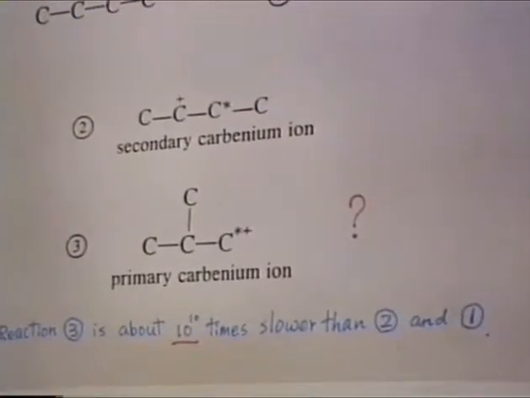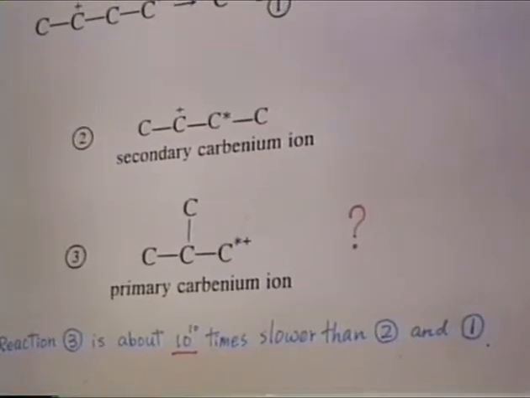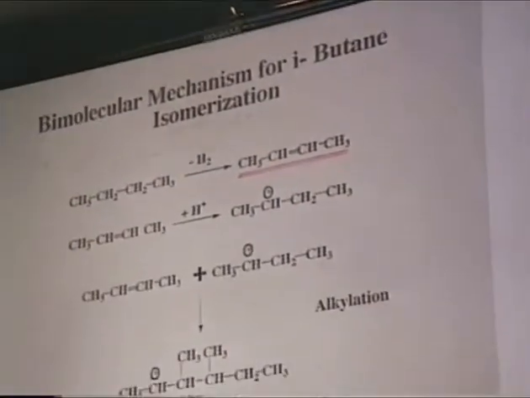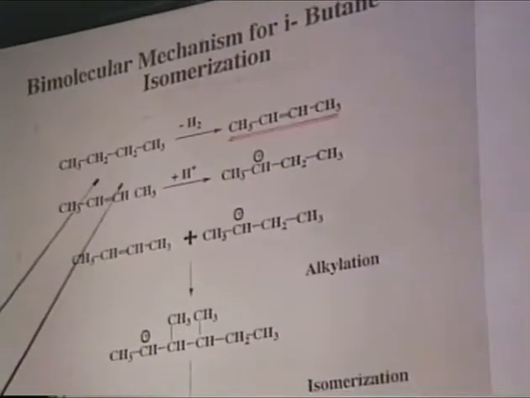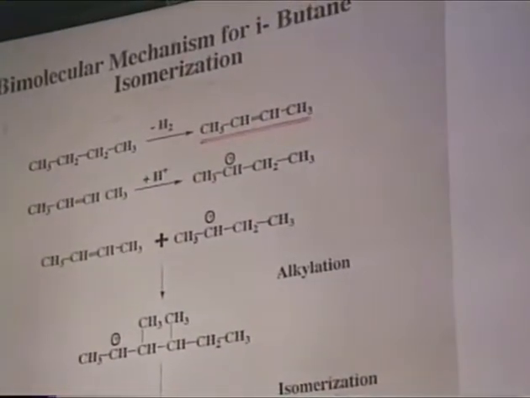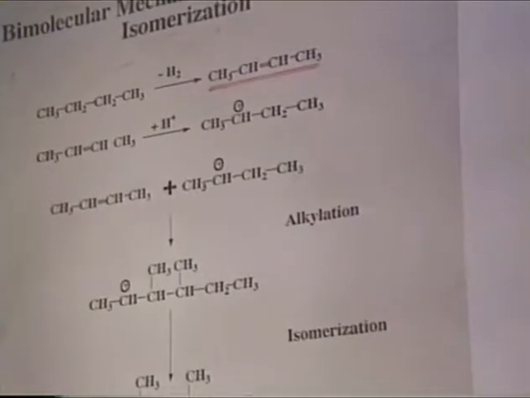And as you just heard, Professor Sachtler mentioned the bimolecular mechanism. Indeed, this is an alternative way for the isomerization, which does not require a primary carbenium ion. First a butene is formed from the normal butane here, and then you can form a carbenium ion. By the reaction of the butene with the carbenium ion, you can form a C8 intermediate. It will isomerize to give you the most stable form here, followed by beta scission at this position, giving you 2 iso-C4 fragments.